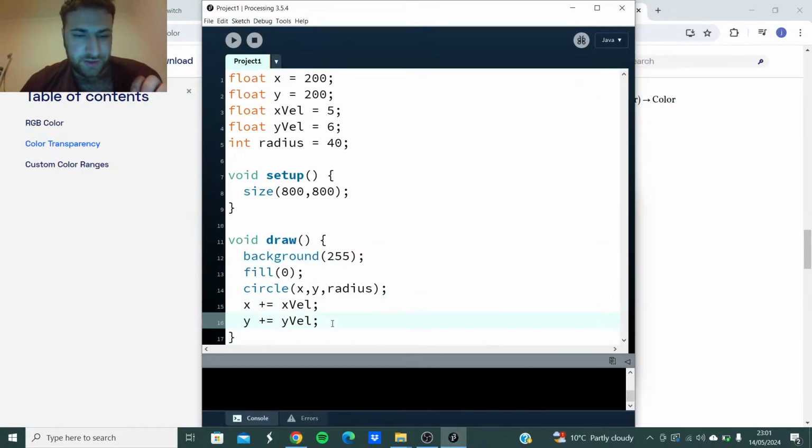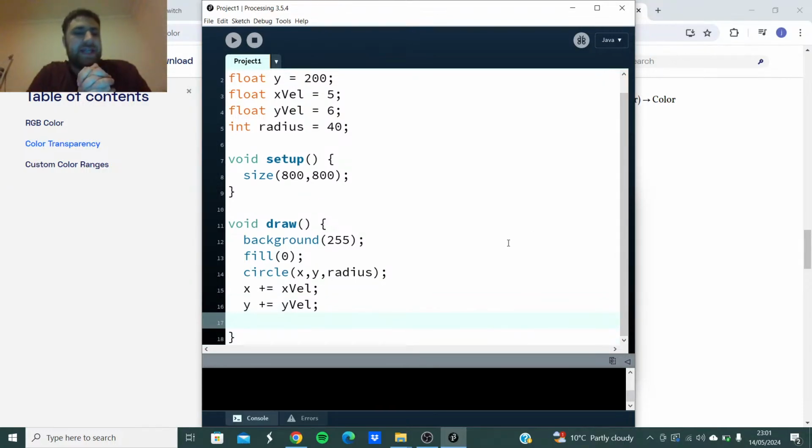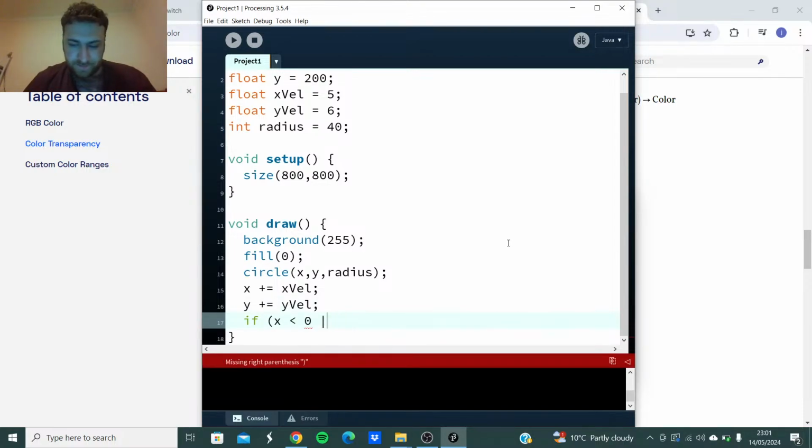So I guess one thing I can do is we'll do the bouncing code. So let's say it gets to a wall and we want it to bounce back, right? So what we can do is add some code to invert the velocities if it reaches a wall. So for example, we'll say if X is less than 0, or, this double vertical bar is the or sign, so if X is less than 0 or greater than the width of the window, then